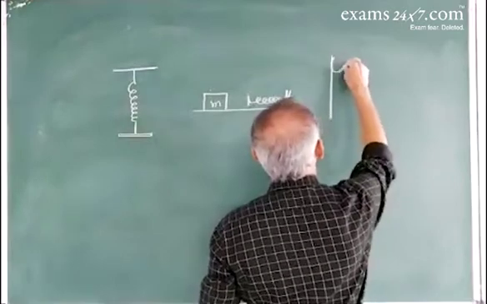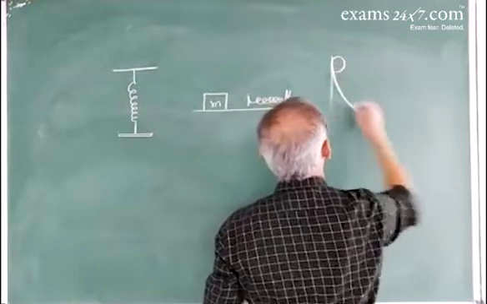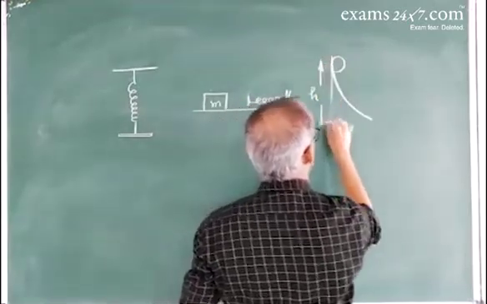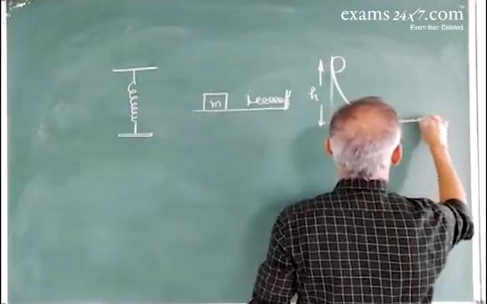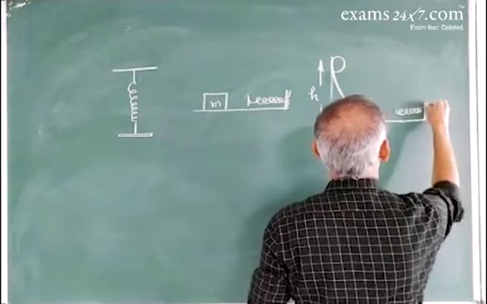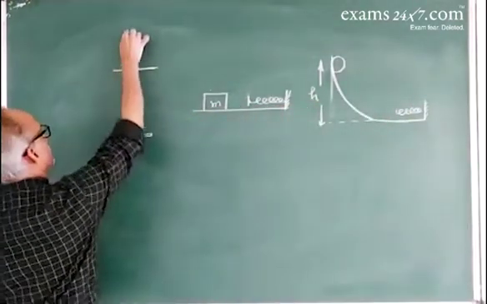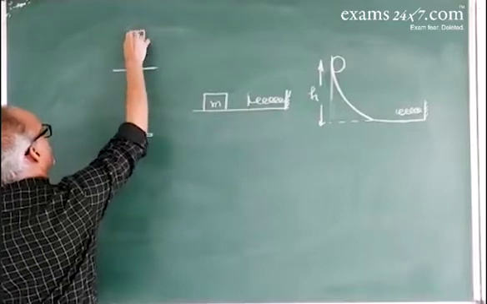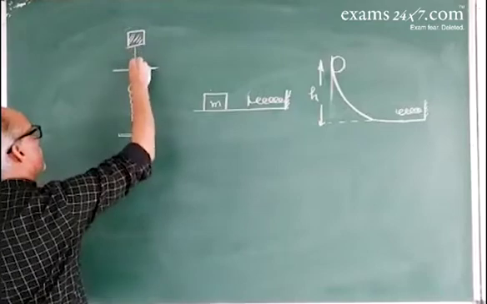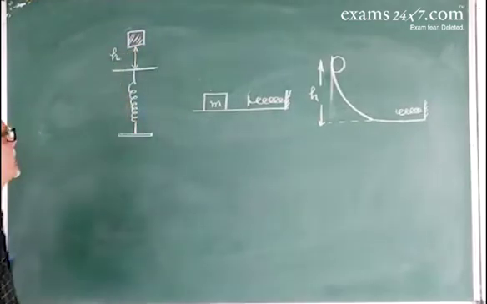And again a sphere at a height h, and then a spring which is connected to a rigid support. So in the first case, I consider a block which is at a height h,